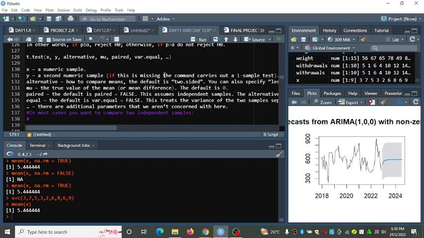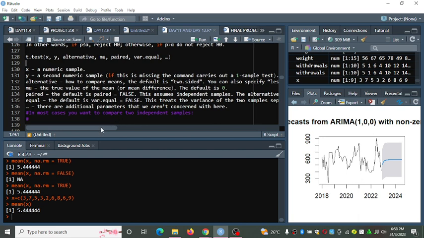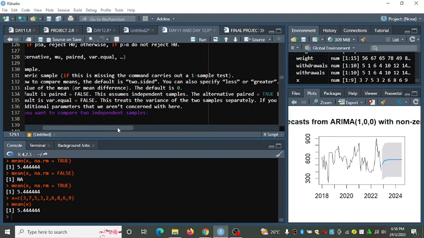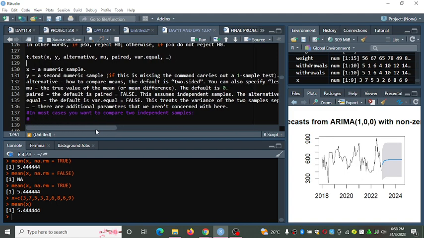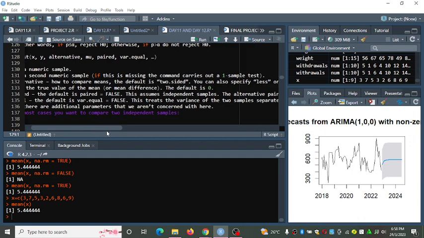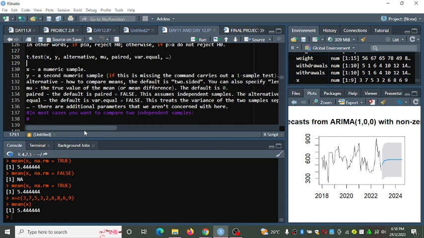If the part of y is missing, the command carries out a one sample test. For the alternative, you want to compare means, so the default is two-sided. You can also specify less or greater than.